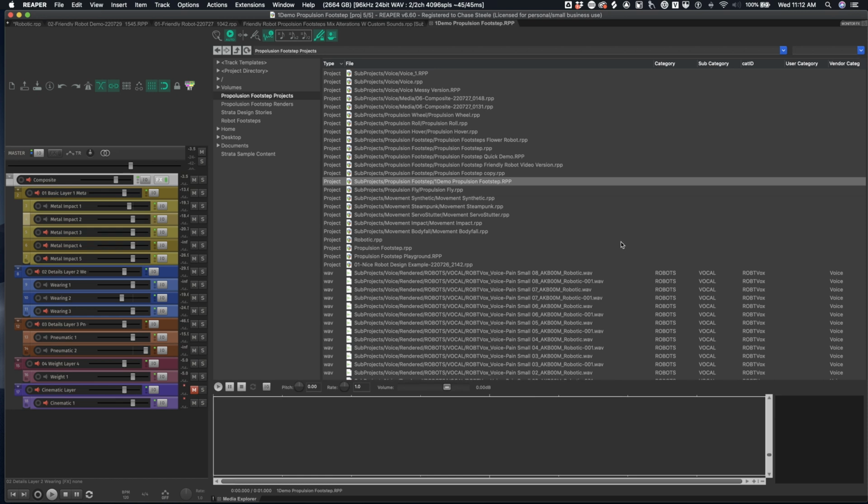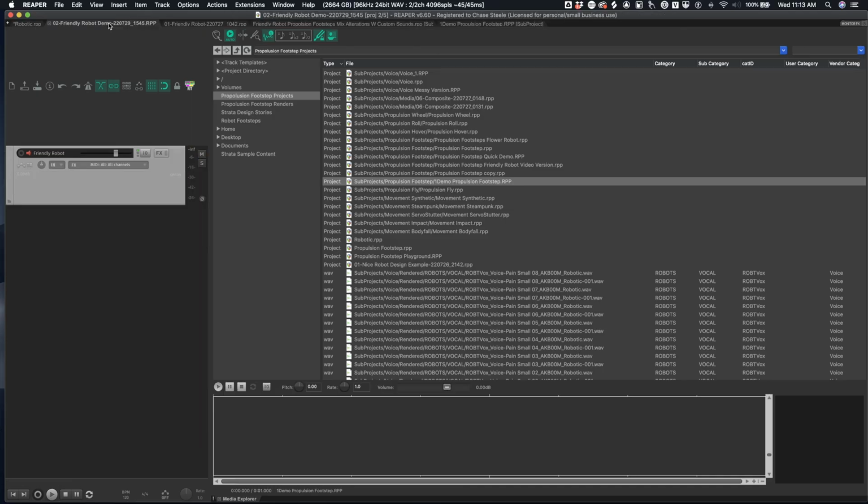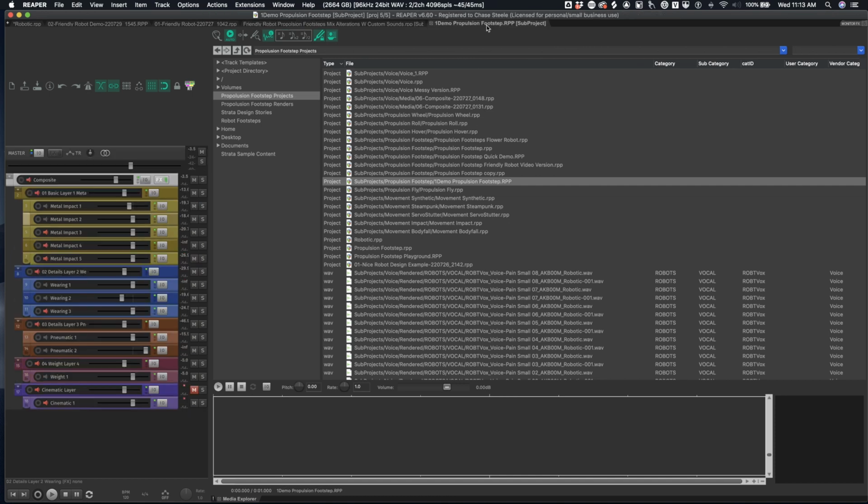And this is something that I like to do for linear design. I like to utilize the actual sub-projects in my design projects and actually work with the sub-project as a media item. So I actually will do some editing and things with the actual sub-project, which again, if this is a new concept to you, I'm going to totally go through the motions of doing it. So the first thing that we would need to do, or before I start actually incorporating these sounds into my